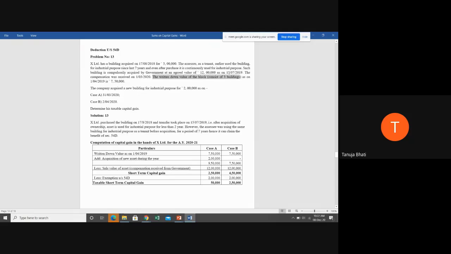The written down value of the block of assets as on 1/4/2019 is 7,50,000. So that means these are depreciable assets, and in depreciable assets, we know that we have to take the written down value as the cost of acquisition. The company acquired the new building. Now, this building he sold. This building he transferred. It was compulsorily acquired by the government, and he invested that in another new building for